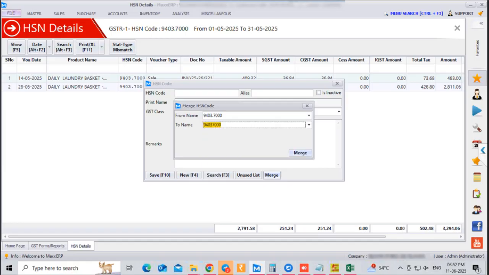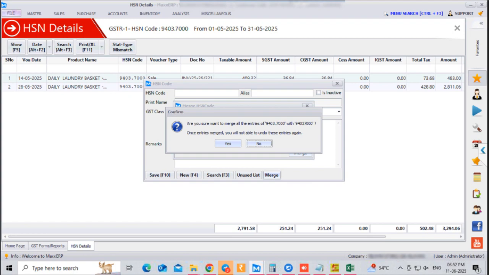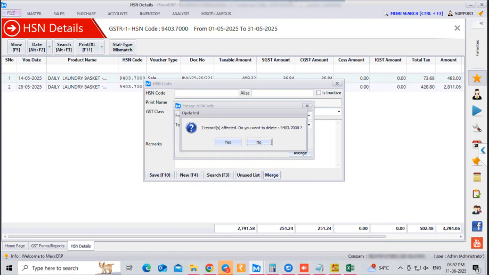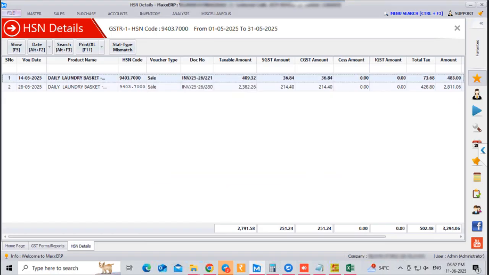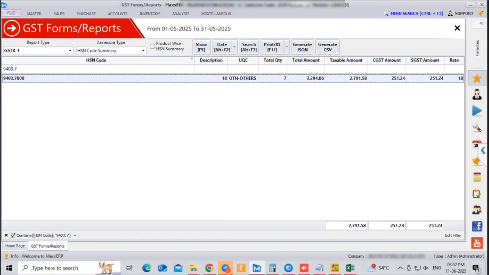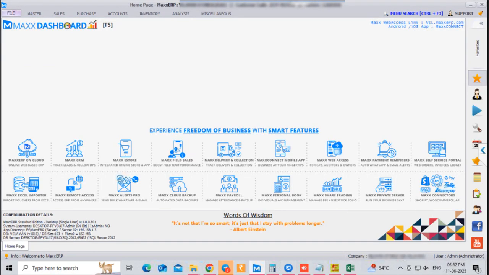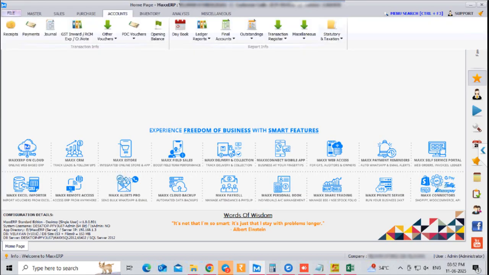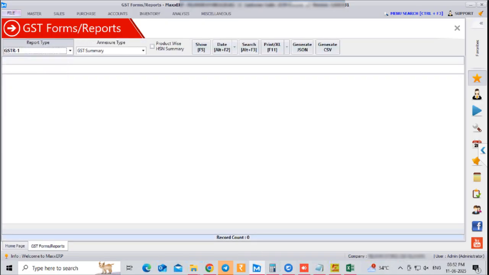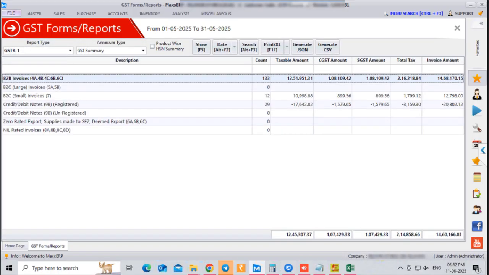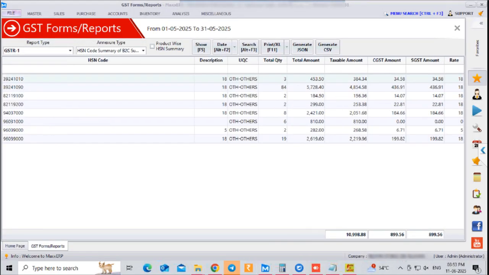And then click on merge and give yes and give yes, and then close, and close all the screens, and again go back to accounts, statutory and taxation, GST forms reports, click on GSTR-1, click on show, and again check all the HSN codes,